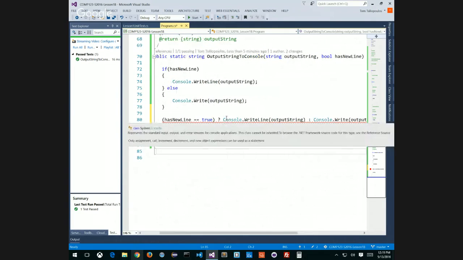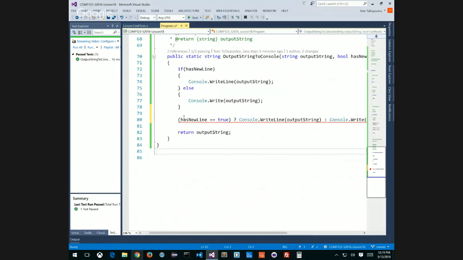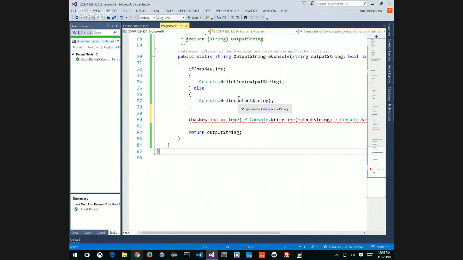What I really want is to set my output to the new line character or not, right? So what I want to say, if has new line, then I want to put the new line character, which is \n, right, or nothing